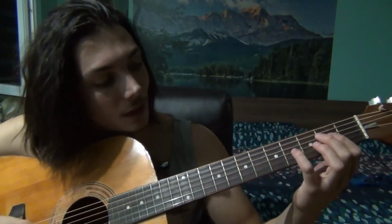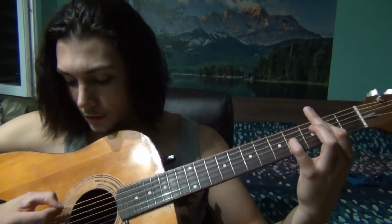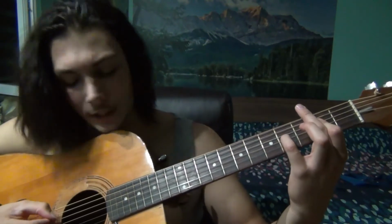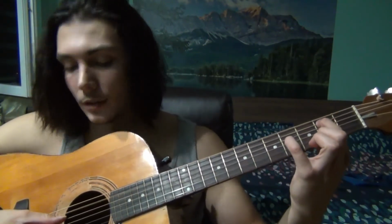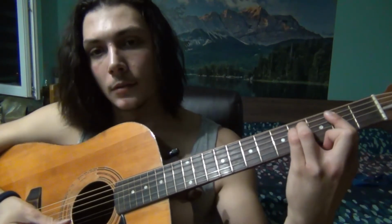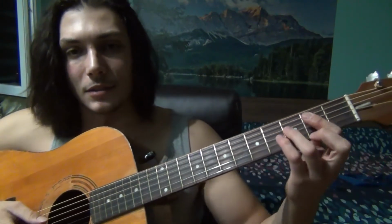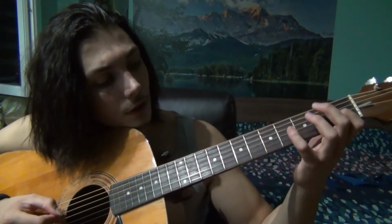So until here, instead of playing the 2nd fret of the D, you play the 4th fret of the G and then continue with the 2nd fret of the A. And you do your back and down. This is the same. Then you go,